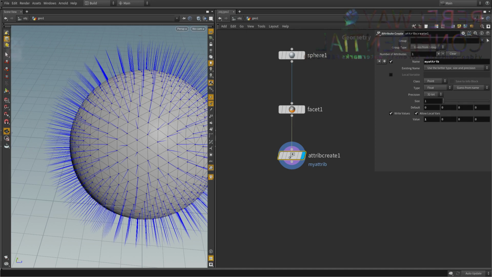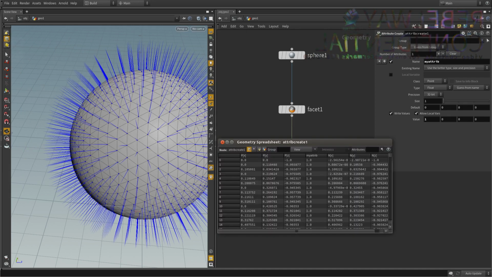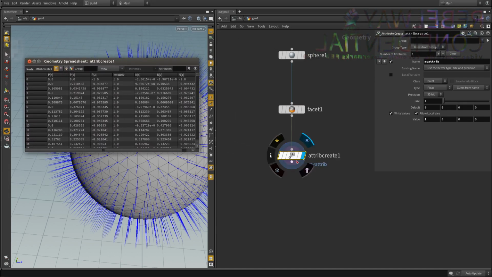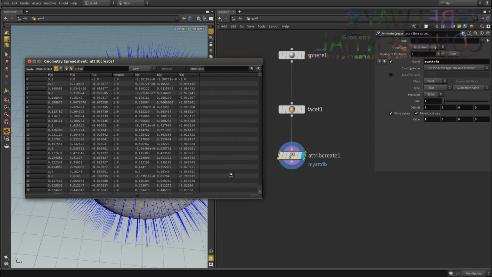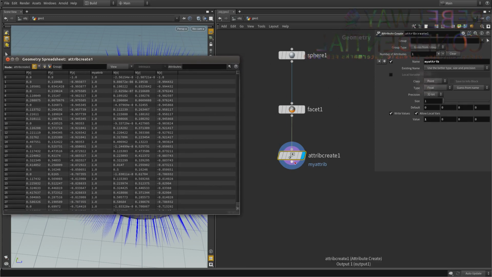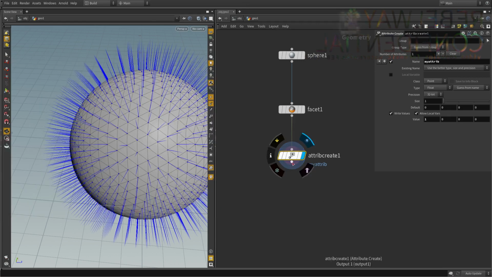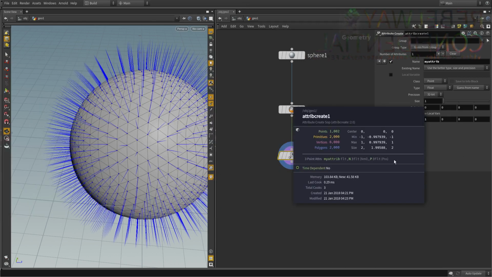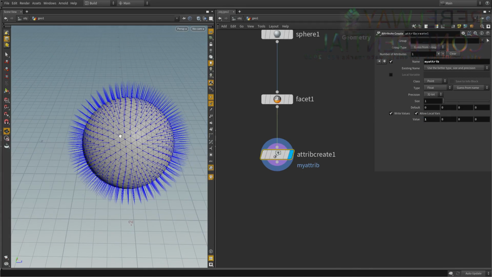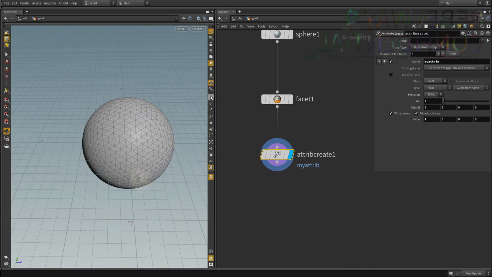Now if we go down here and right click and open the spreadsheet, one second, it's behind. Cool. So this is the spreadsheet. You can see here, geometry spreadsheet, attribute create 1, and we're viewing the data at this point. Now, by the time we get here, we've created a new normal attribute. You can see it here, and we have our attributes stored on these points as well. And in Houdini, we can create any attribute, any data on these points, and use them to do all kinds of